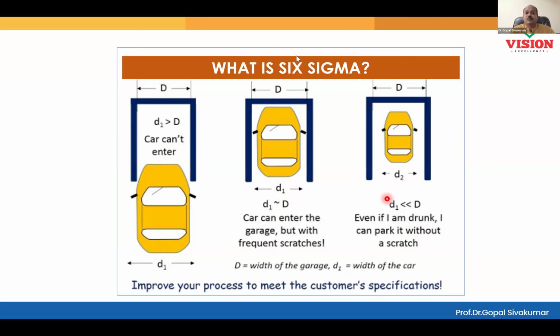I must drive the car in the center of the road. If I lag in terms of driving skill, you know what will happen? My car might tend to touch the walls. Yes or no? If my car is tending to touch the wall, tell me, which part of the car will first make contact? Side mirror. The side mirrors are nothing but the control limits. That is why we always ensure our control limit is safe. If the side mirror is safe, the whole car is safe. If you learn to drive a car in a way that the side mirror doesn't touch any obstacle, that means you have developed a very good driving skill.